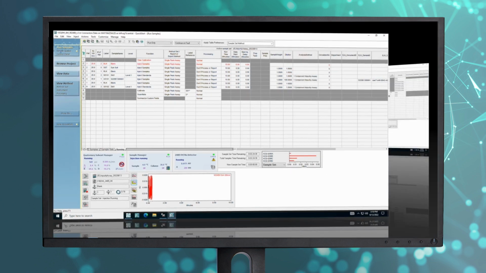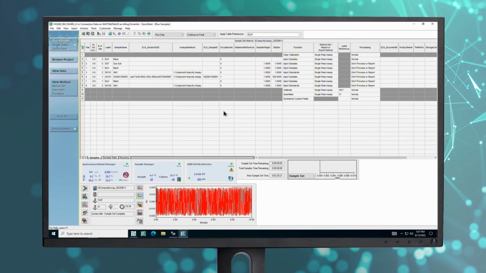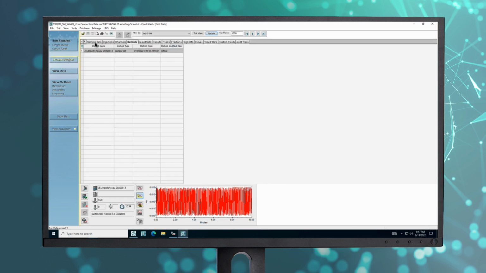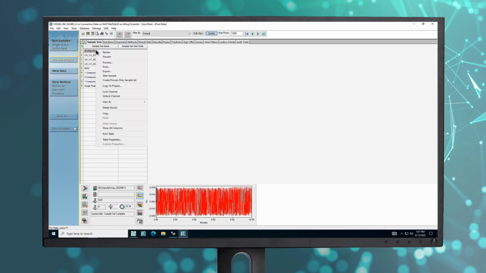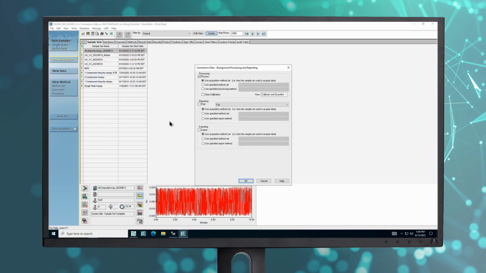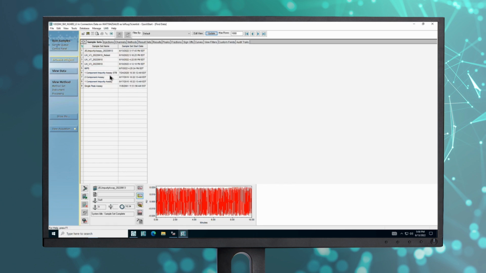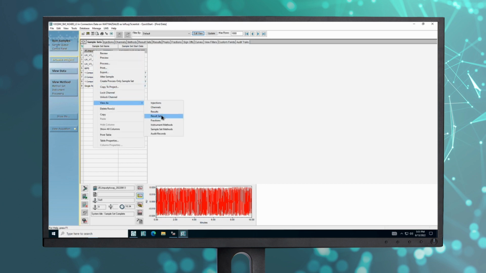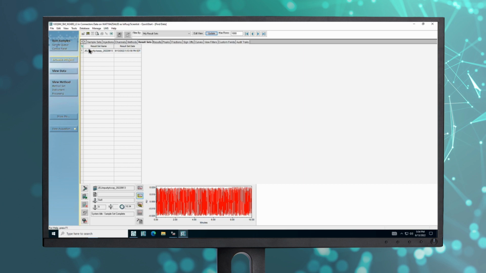But for the purposes of this demo, we will speed through that and move straight on to when the run is complete. Let's switch to Browse Projects and open the Sample Sets tab. We will highlight our sample set, right-click and select Process. Once we are satisfied the processing is complete, we can switch to the Result Sets tab and open our results